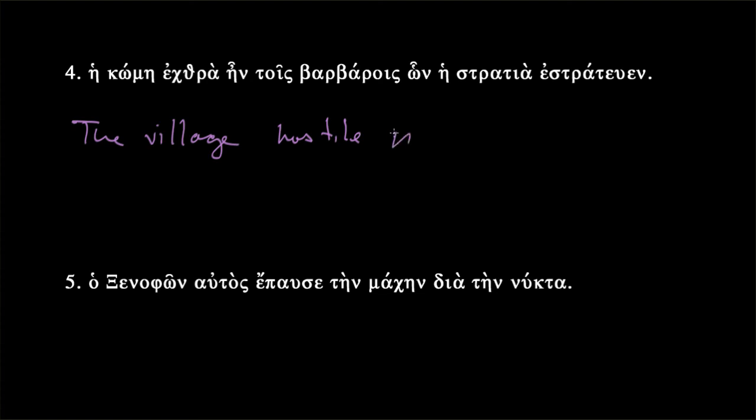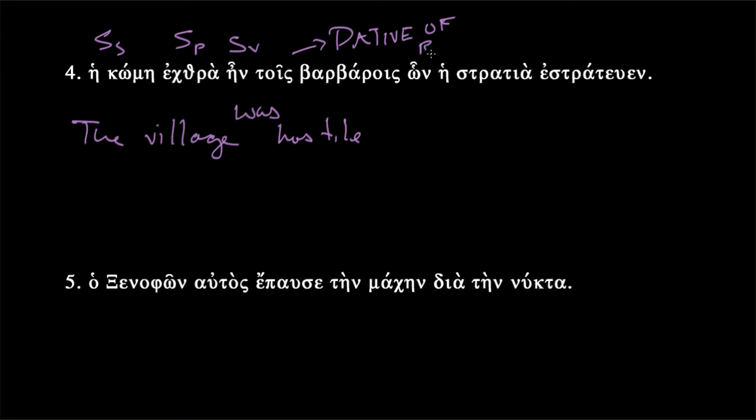Well, we get the form ein. What's that going to be? It's past tense. In this case, we have a third-person singular subject. That's what it's not going to be I was, but it was. The village was hostile. So subject of the main sentence, subject, predicate right there, and then we have our sentence verb. The village was hostile. Note that here we have something that hasn't been explained by Shelmerdine, but a dative